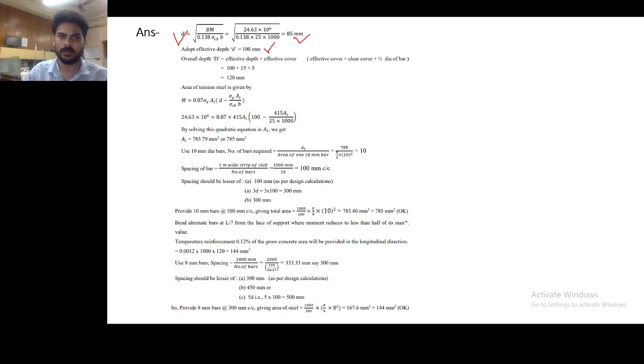So again considering the clear cover as 15 and the radius of the bar as 5, the total D is coming to be 120. So the area of tension steel is given by this formula. This is the formula where the quadratic equation has to be solved, and then we will calculate the area of steel. So this is the area of steel we got, and then the number of bars and the spacing we can calculate by the formula